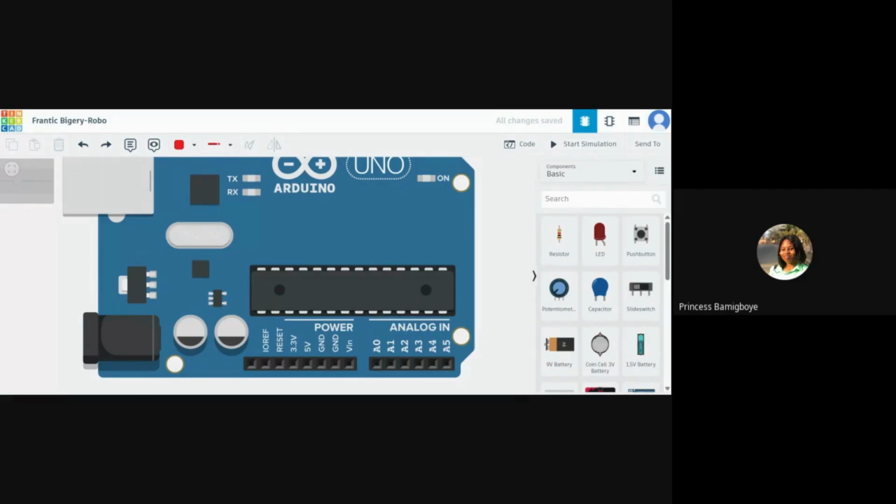The positive is connected to positive, negative to negative, because you don't want to blow it up. Essentially, this is how it will be, mounted on the 9-volt battery. And the other part is the part that goes into the power jack of the Arduino.